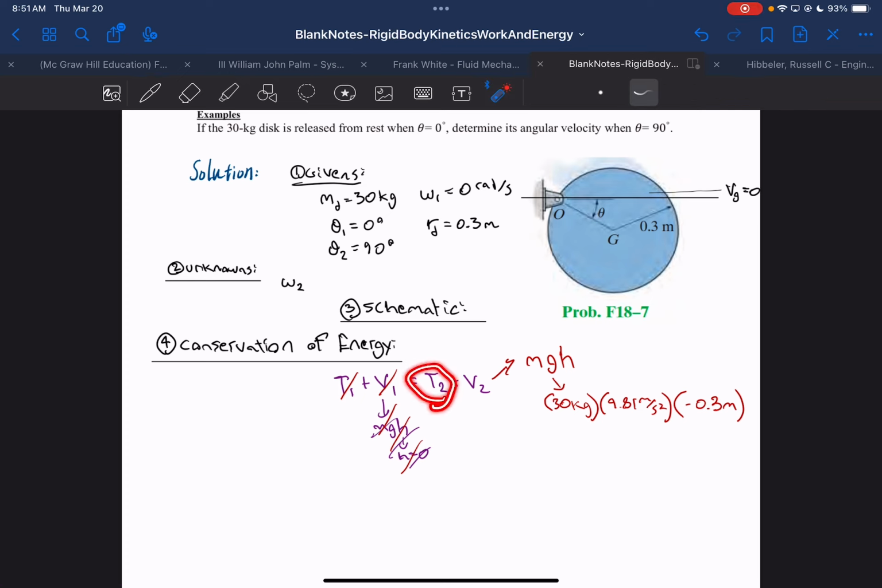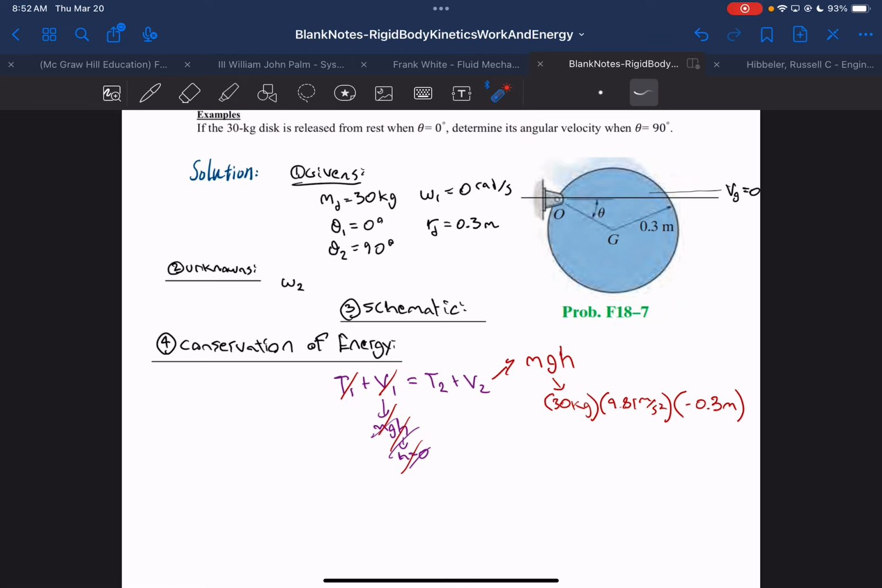What is my kinetic energy in state 2? What is the formula at least? What is the formula I'm going to use? Yes, sir. 1/2 I_IC omega squared. That is correct. Because in this case, we have pure rotation, right? It's not translating, and it's not doing any fun stuff, right? It's just purely